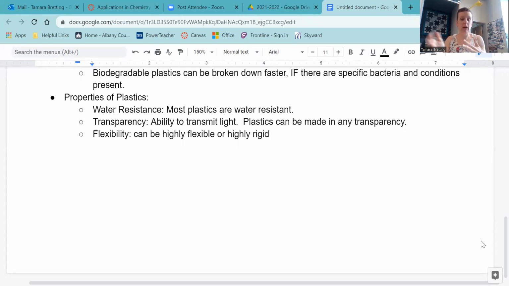So highly flexible, highly rigid. Again, it depends on the purpose of that plastic that you're making. All right, plasticity. Now this is a property that all plastics will have. Okay, so all plastics